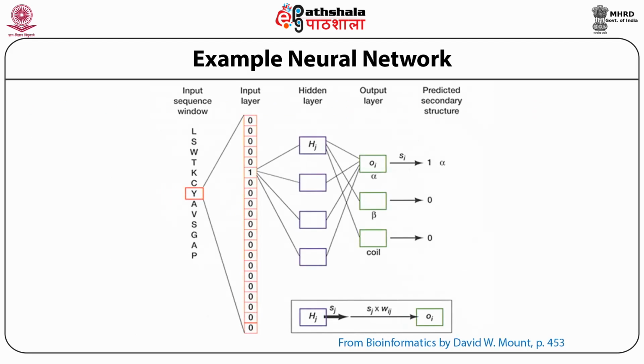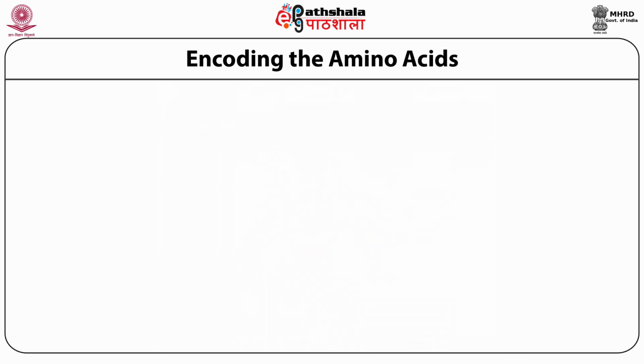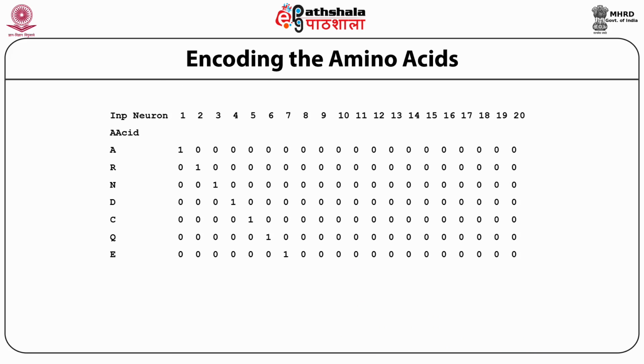So this is an example network. For every amino acid you take, which is on the extreme left of the figure, you create the corresponding bit pattern, and this is then transmitted to the neural network and processed further. Again, as you can see, various encodings of amino acids are given. Each amino acid is defined a particular position in the bit vector, and that one is set to 1 while the others are set to 0.